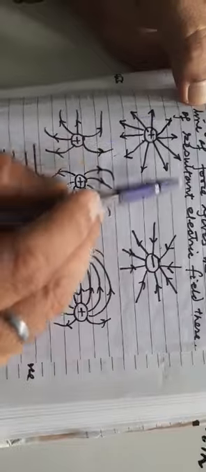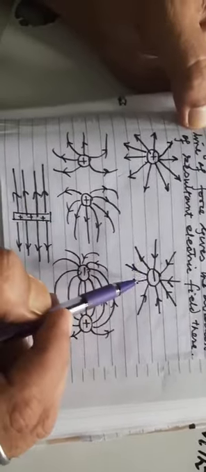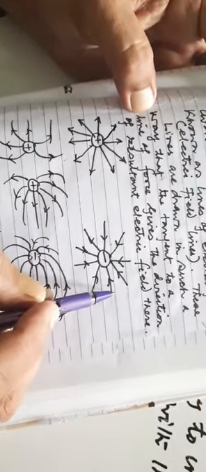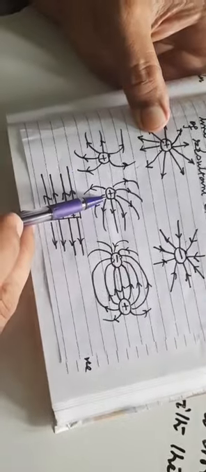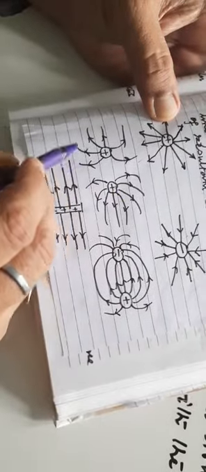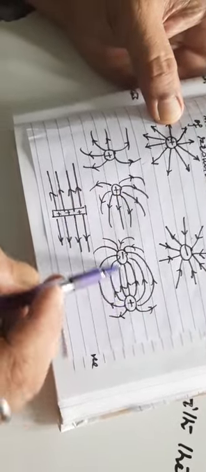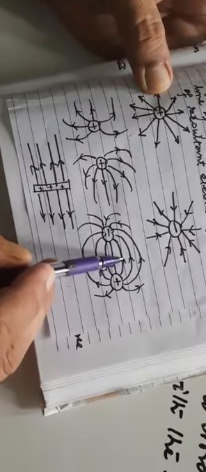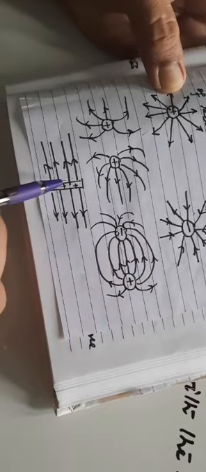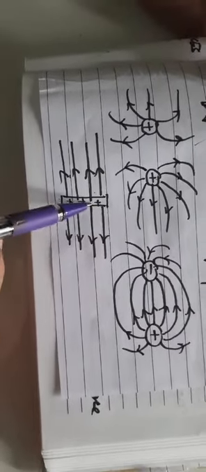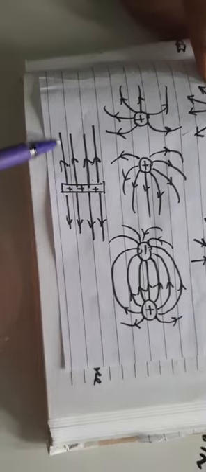So in fact these lines are the pictorial representation of the electric field. For example, if two positive charges are there, definitely repulsion will be there, so we can draw the lines in this manner. If a negative and a positive charge are there, there is a force of attraction, so lines are drawn this way. Everywhere you will see that the lines come out of the positive and go into the negative. If an extended charged object is there, say a positive charge, the lines go away from it.